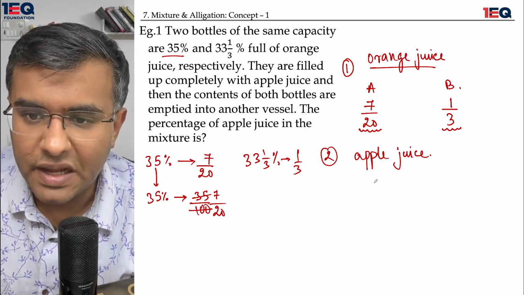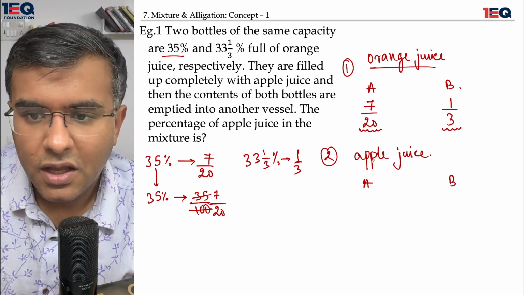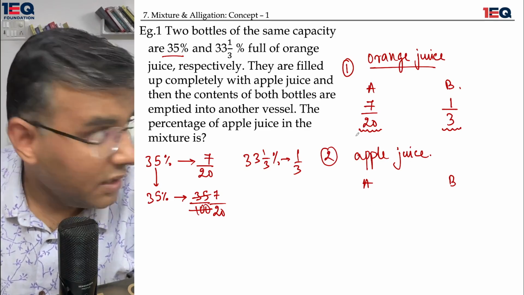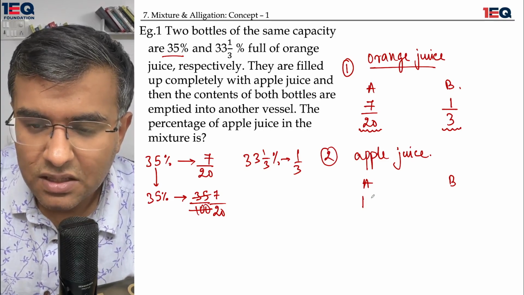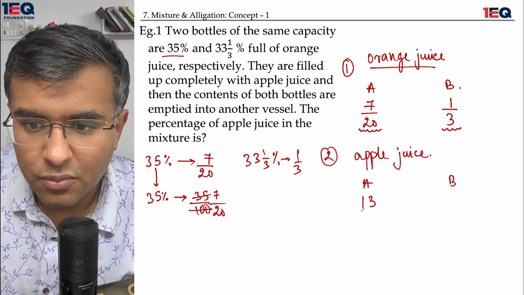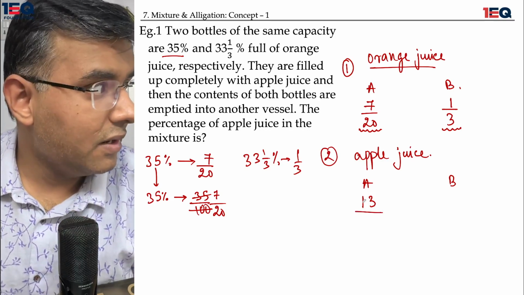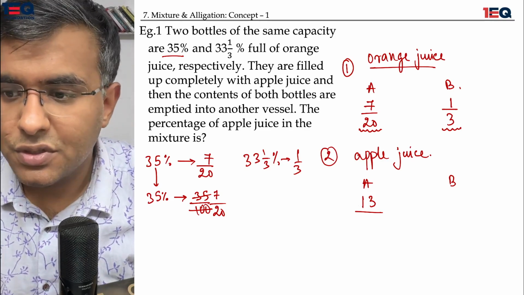So what do I do with that? Again, I have A and I have B. If apple juice is being filled in A, that means there was a 13 portion gap which was pending, and the 13 portion gap